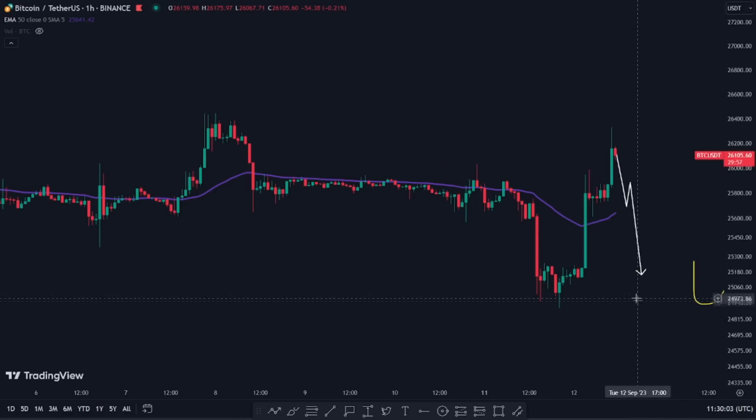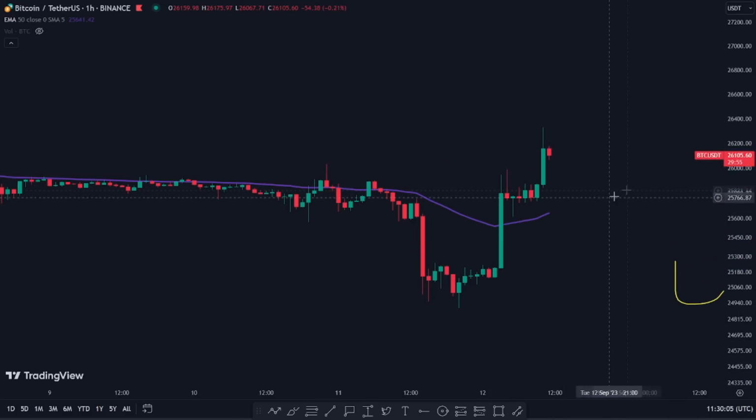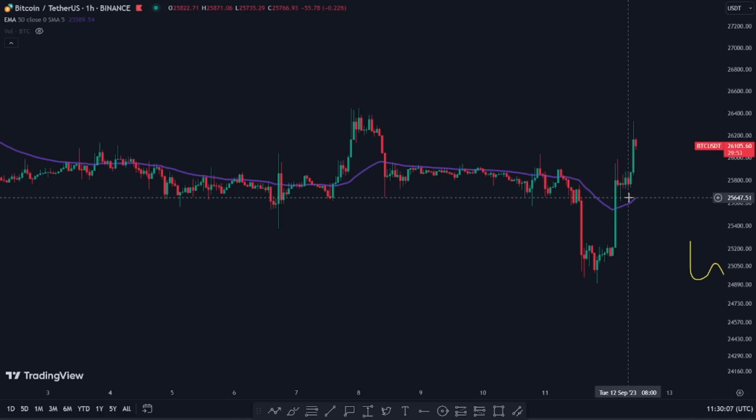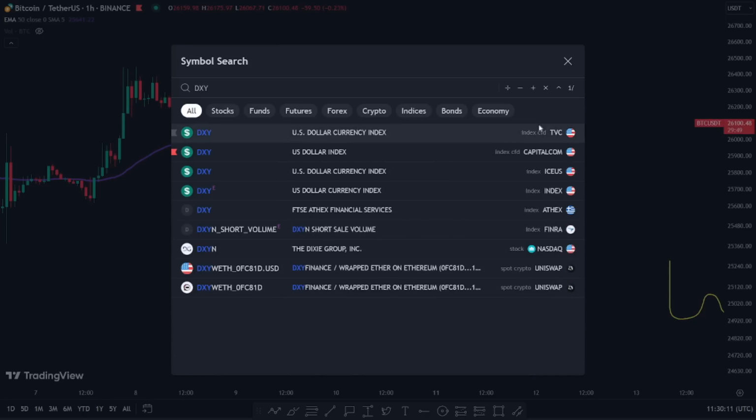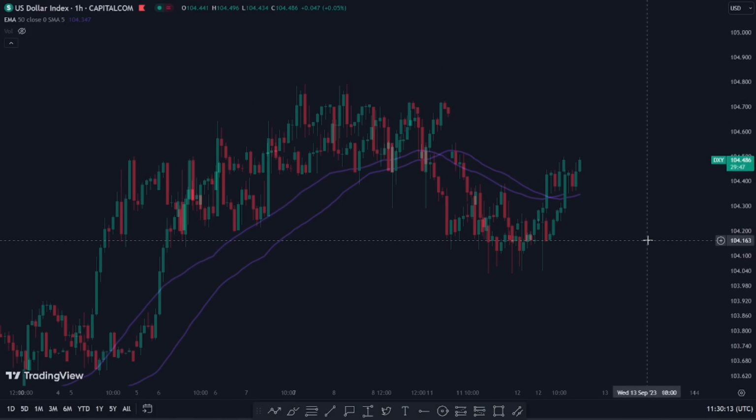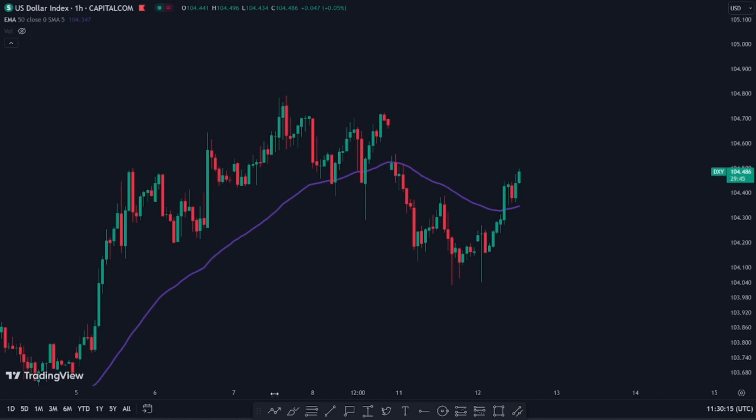Alright, so I hope that was clear in the chart. Now, I would like to check what the dollar is doing, because Bitcoin is not following the dollar. It's been something quite bizarre, okay? You can see we have this gap. We're talking about this gap that needs to get filled, all right?